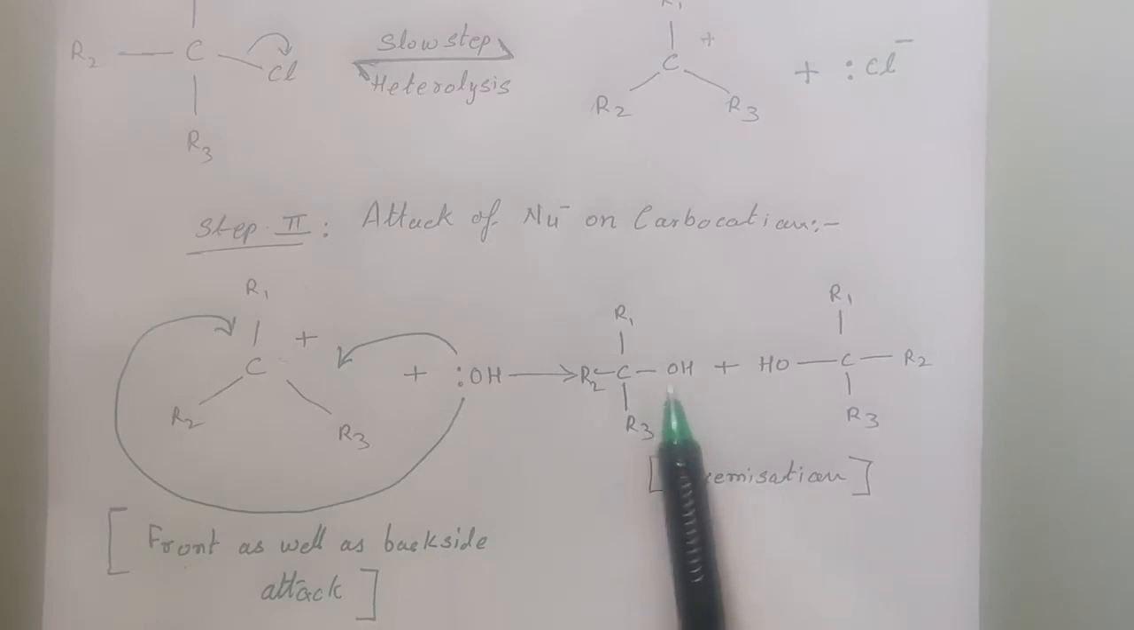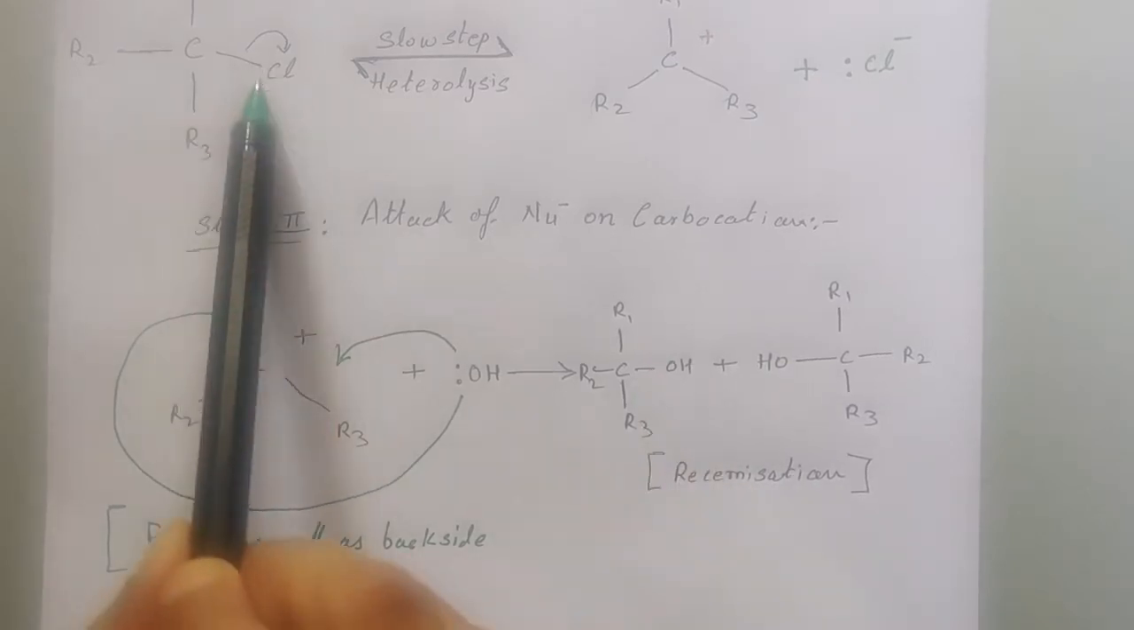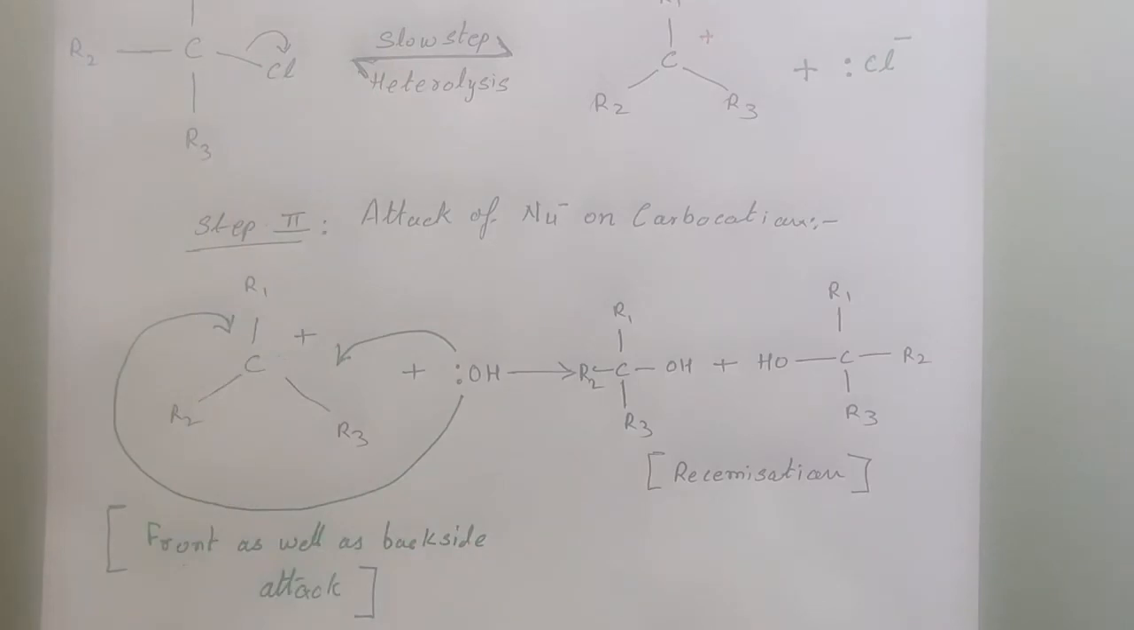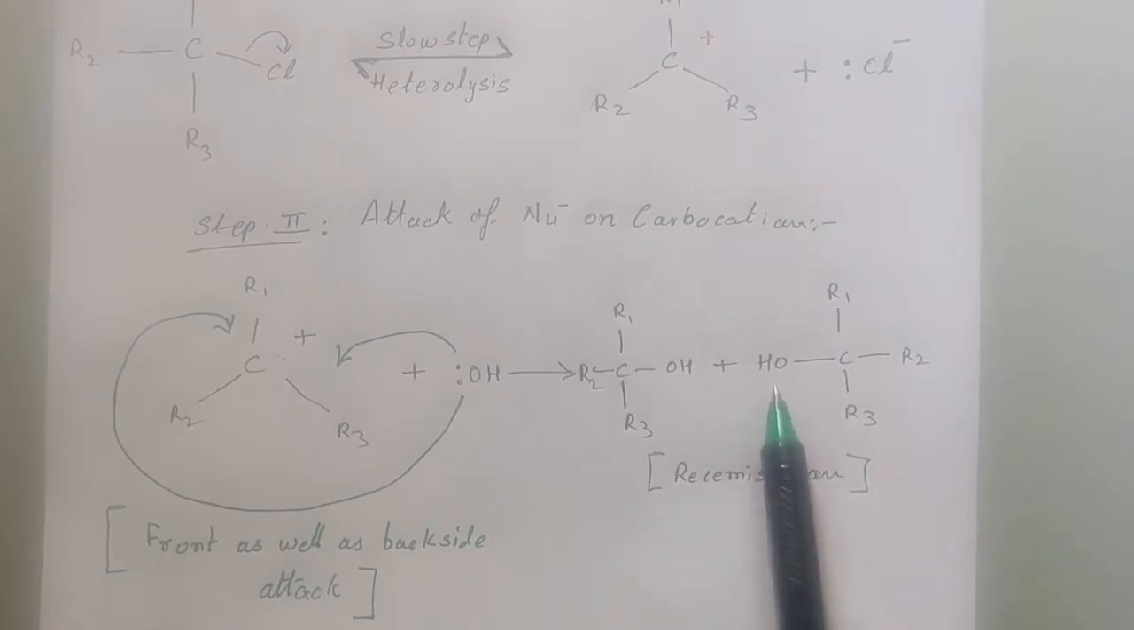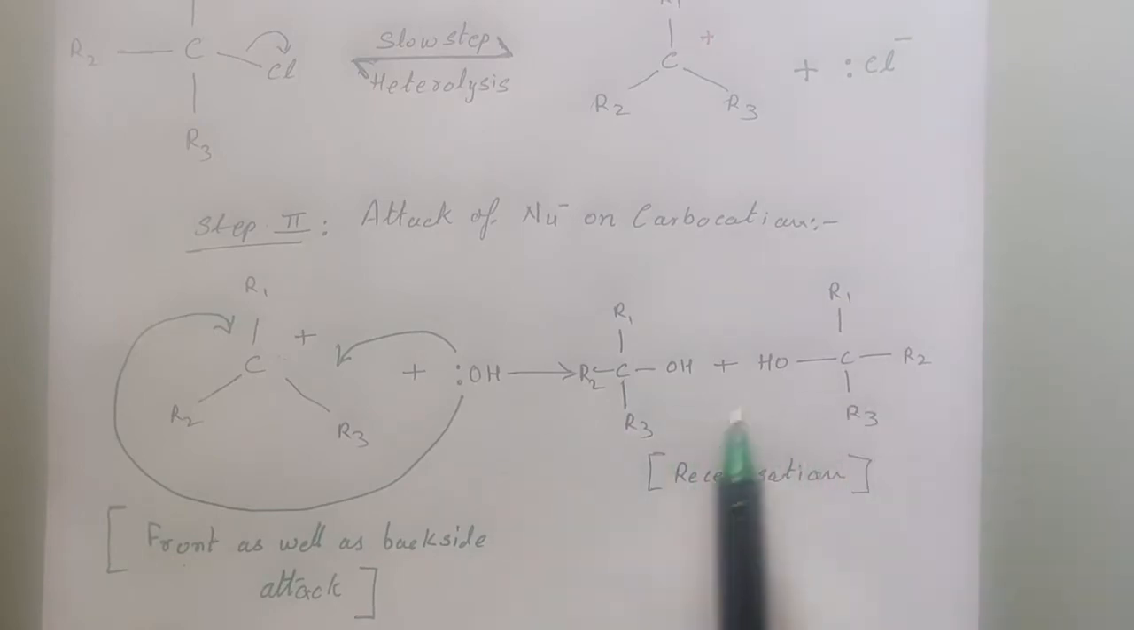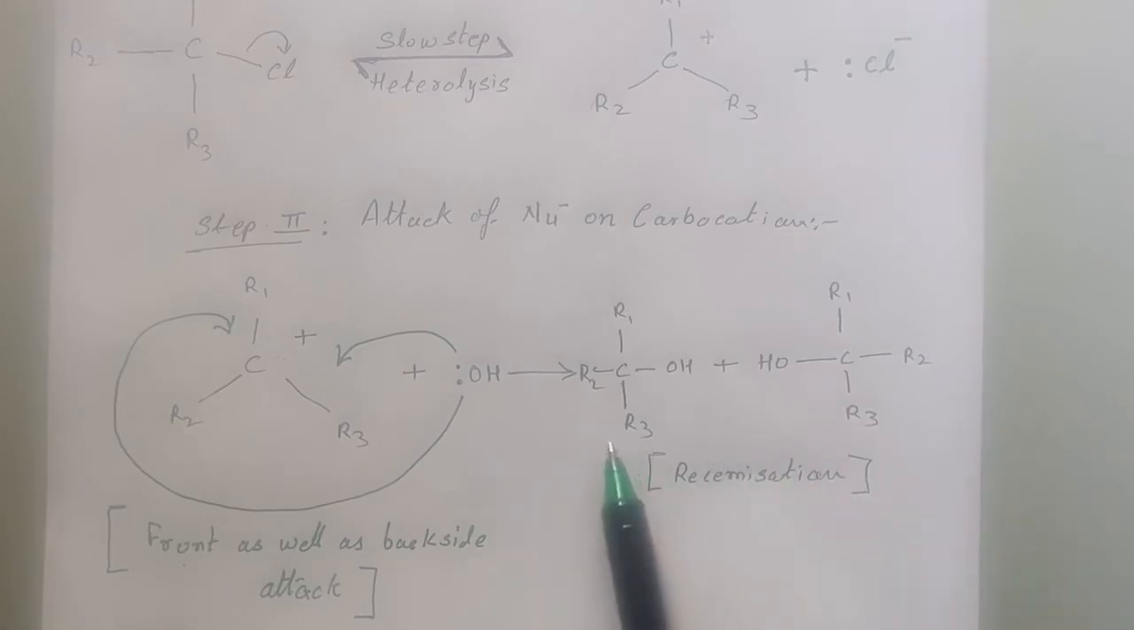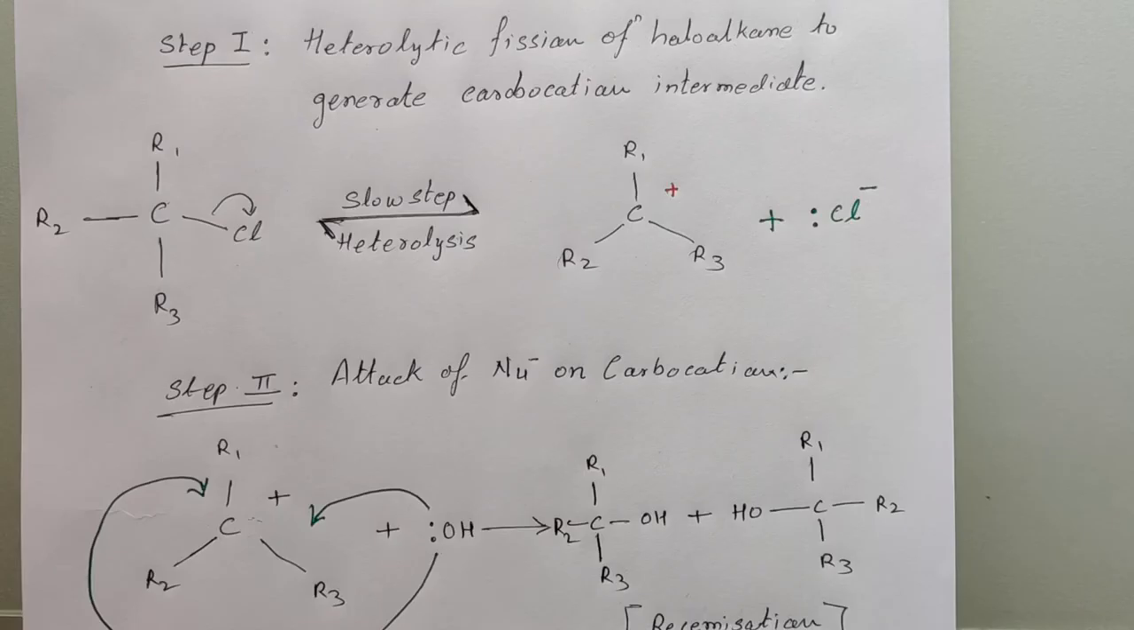So where the OH is substituted at the original position of the chlorine, students, that becomes retention of configuration. What does it become? Retention of configuration. And where the OH is on the other side, the opposite side of the chlorine, it becomes inversion of configuration. I hope inversion of configuration reminds you of something which we have already seen in Sn2. Remember, there are two products being formed, one with retention and another